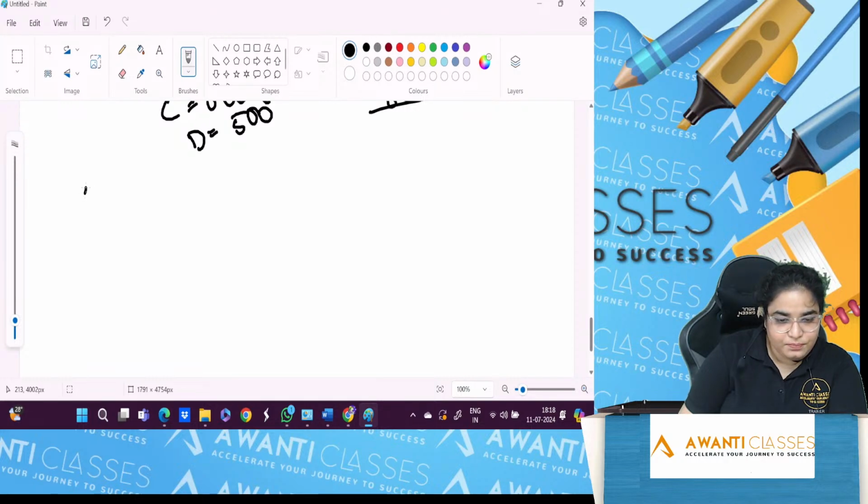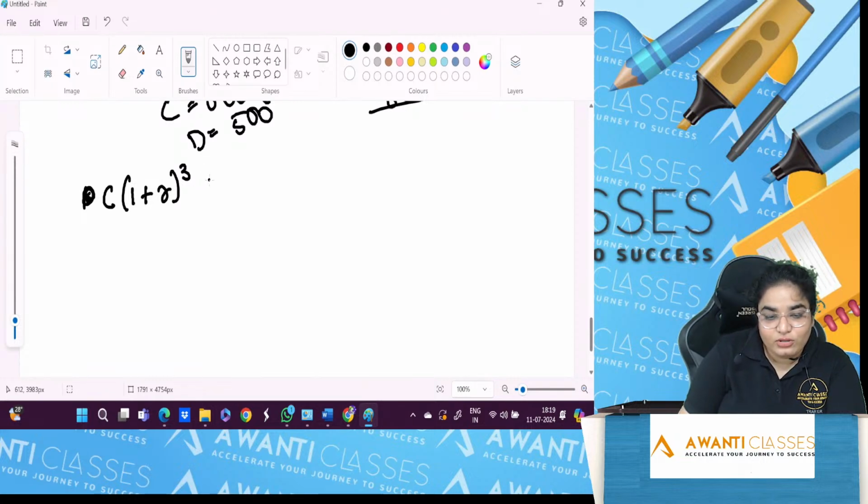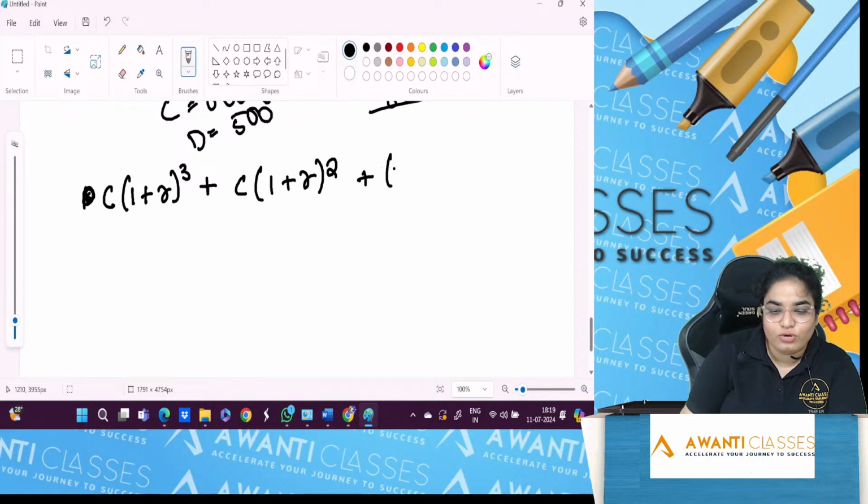It is C into 1 plus R to the power of 3. Why 3? They had put it for 3 years. Plus C into 1 plus R to the power of 2. Why 2? It was there with the bank for 2. Plus C into 1 plus R to the power of 1, plus